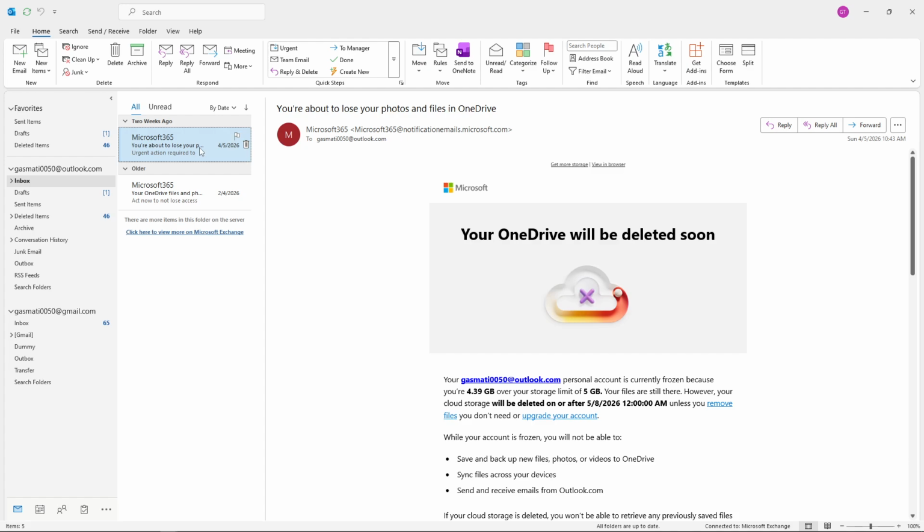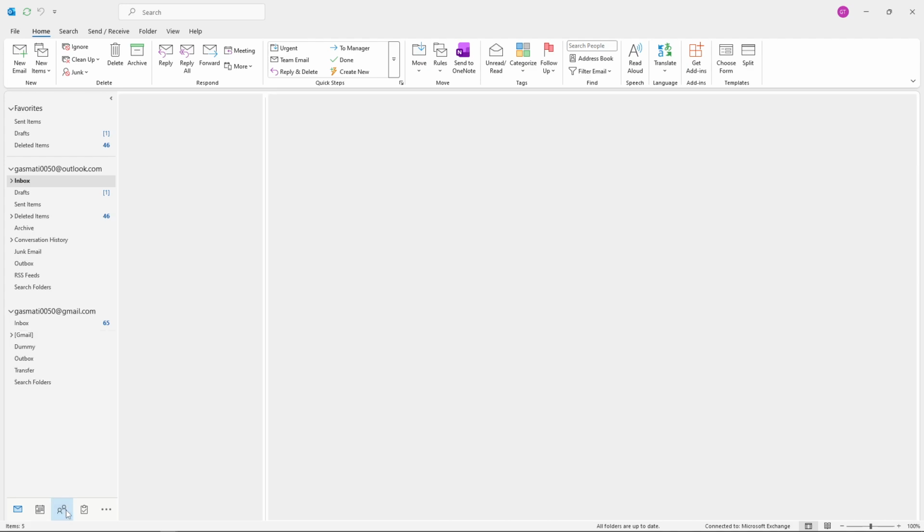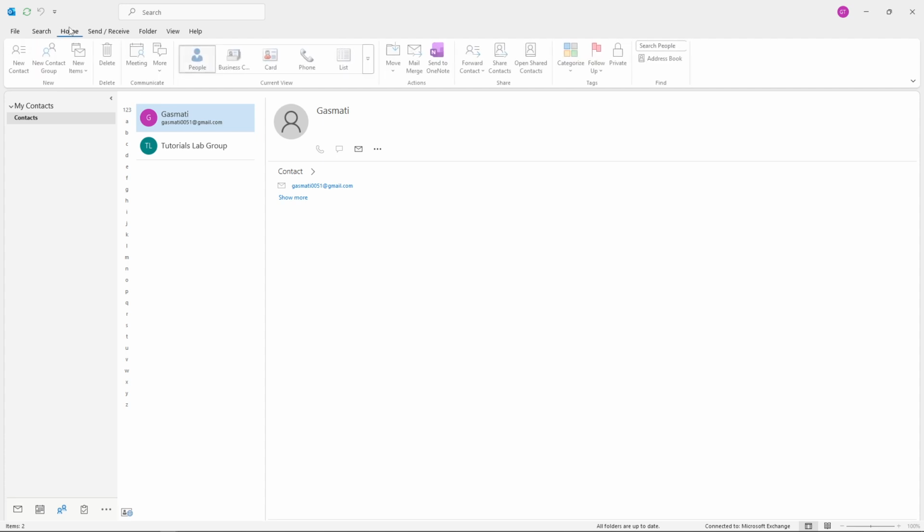Once your email has been loaded and you're on the main interface, it's time to navigate to the Contacts section. Look at the bottom left part of your screen where you'll find several navigation icons. You'll see a two people icon here. This is your Contacts tab. Click on it to open the Contacts menu. This area is where all your saved contacts live, making it easy to manage and access important email addresses whenever